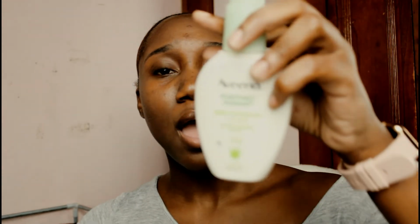Also, I do suffer from eczema, so I use a lot of things that can help my eczema. Well, I kind of don't. I only use two things really that help with my eczema, and that is my Arisulfur soap and CeraVe. I don't use those every day. So I actually alternate, especially when I have flare-ups. I had a flare-up the other day, hence this is actually getting lighter because I've been exfoliating and things like that. And I also use the Aveeno